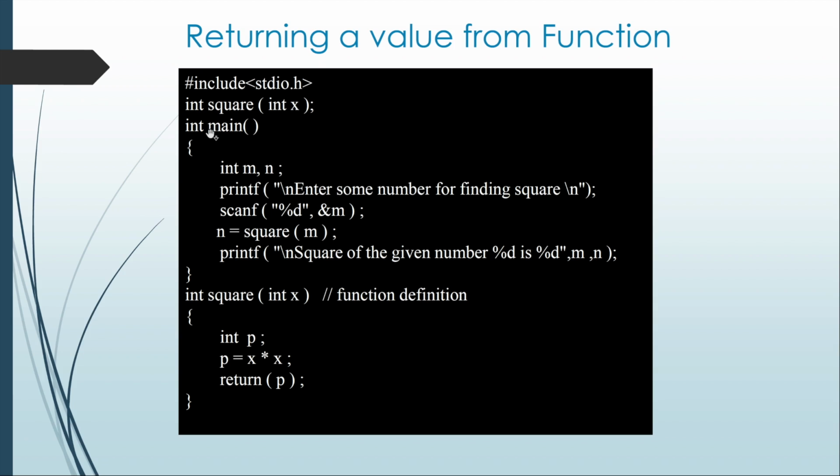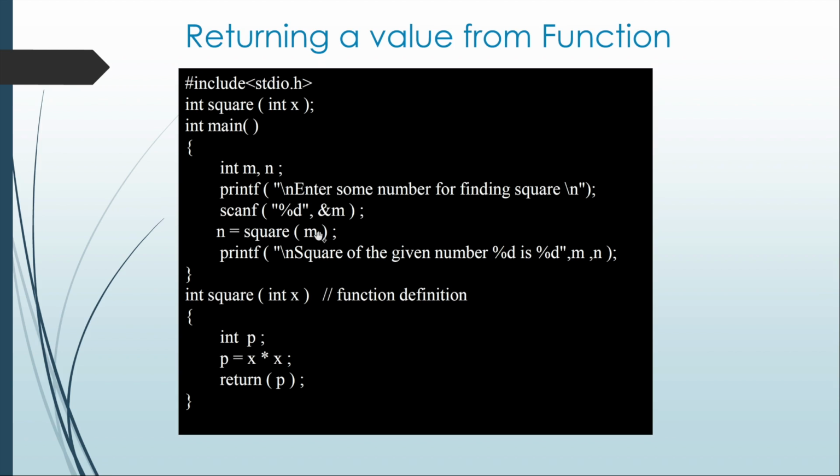Then comes our main function, int main, int m, n. So two variables declared. Enter some number for finding the square. So enter any number to find the square. scanf %d &m. So I'm getting the value from the user for the m variable, and then